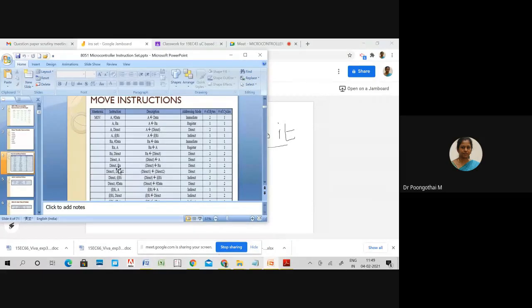Suppose you are using the Rn register, this is also available in your internal RAM. Suppose we are using the accumulator, it requires 1 machine cycle. Suppose we are accessing these internal registers, it requires 2 machine cycles. So in our programs, we mostly use MOV direct, A in order to improve our code efficiency. Is that clear?